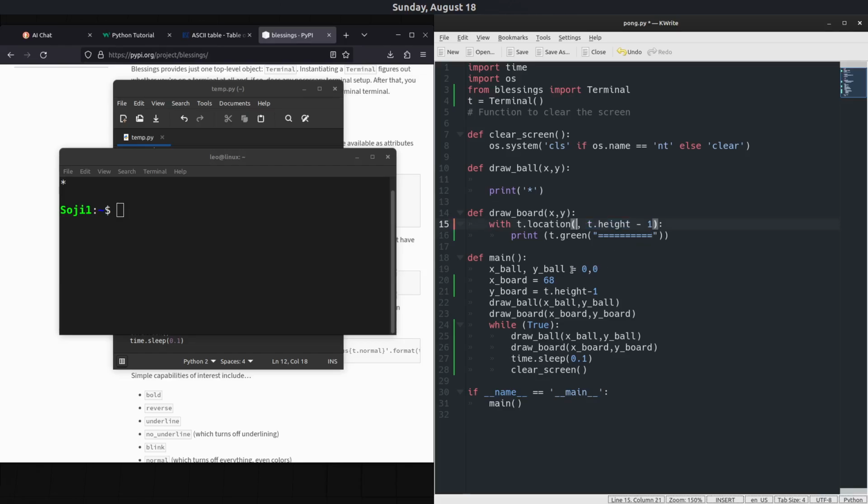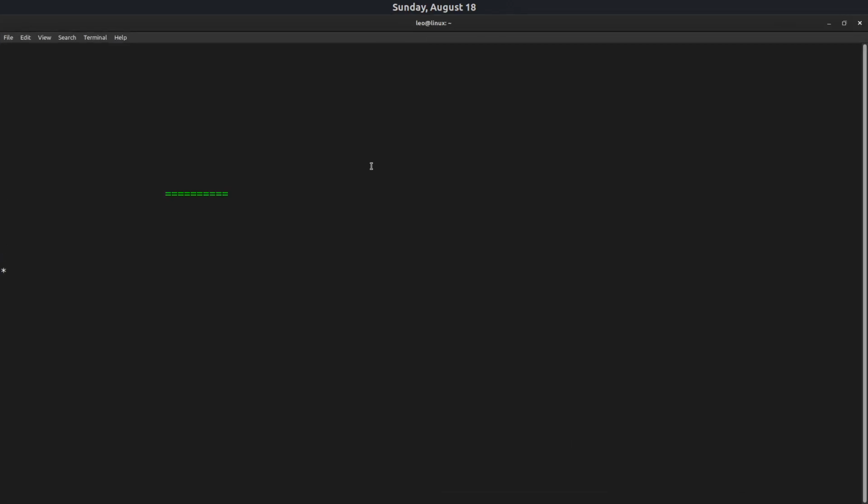This, and then here I just put X. Here I just put Y, and Y board will be whatever it was. Yeah, same thing. And if I clear, no, run it, yes, it's working. The ball just keeps falling down all the time,